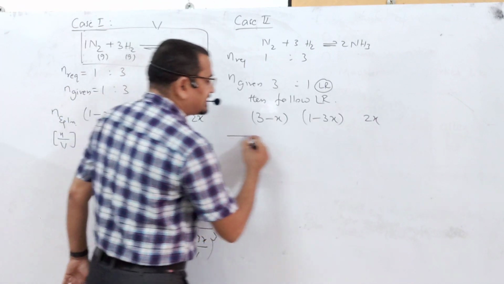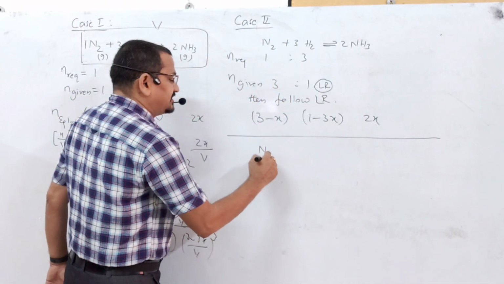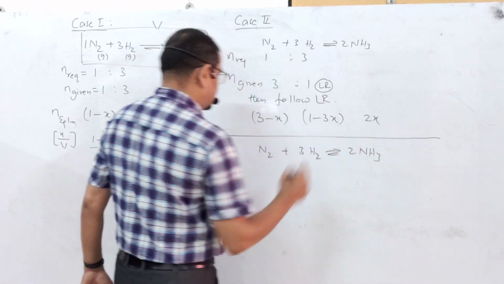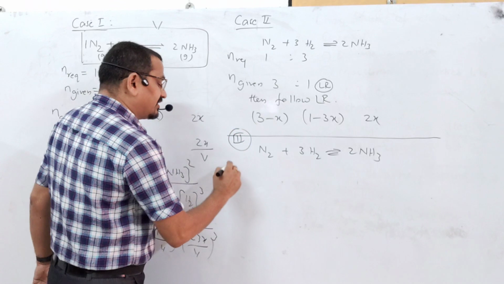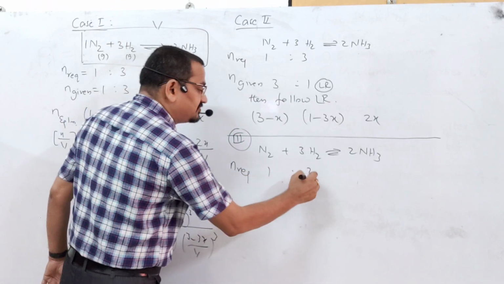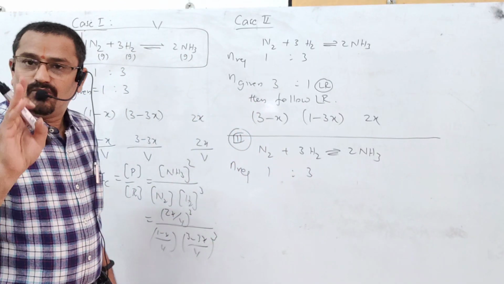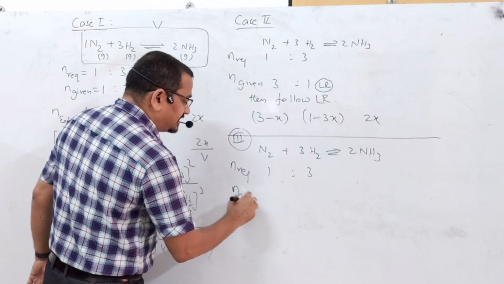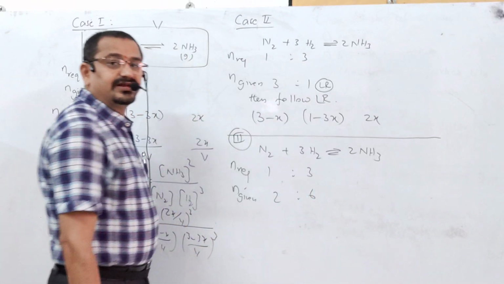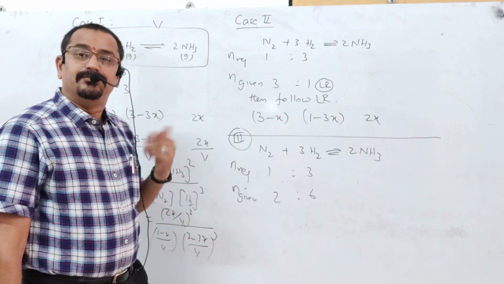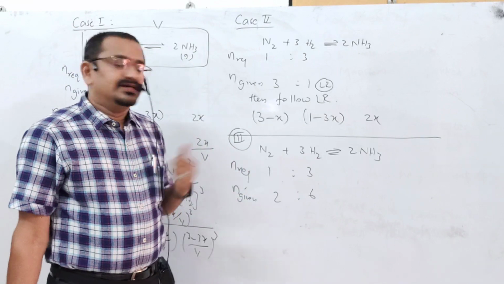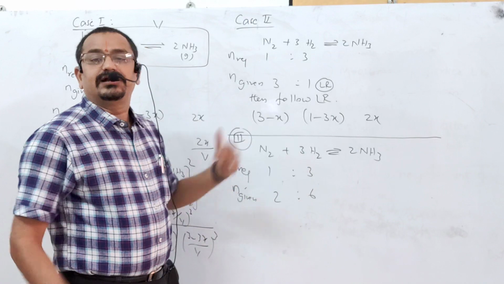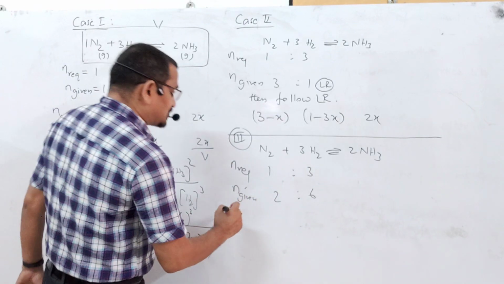And then, the next case is, suppose this is N2 plus 3H2 which are at equilibrium giving 2 moles of NH3. Case 3 it is. The number of moles required is 1 and 3. But if the number of moles given in the question is 2 and 6, means it's a multiple of 2. So like this, whenever the given number of moles ratio is a multiple of the required number of moles ratio, what we have to do? Solve it